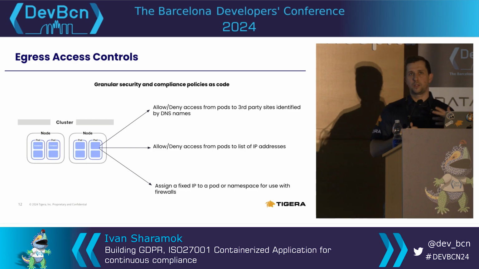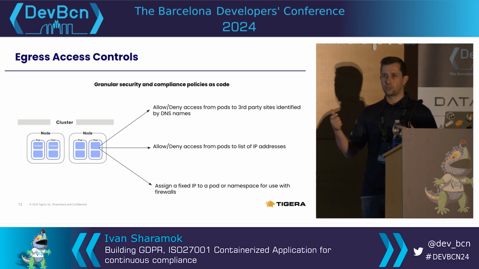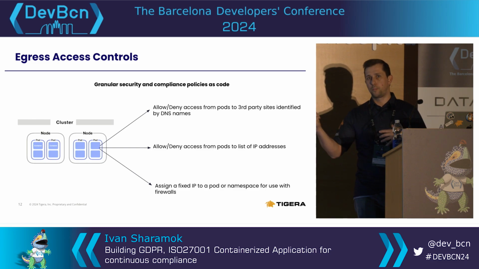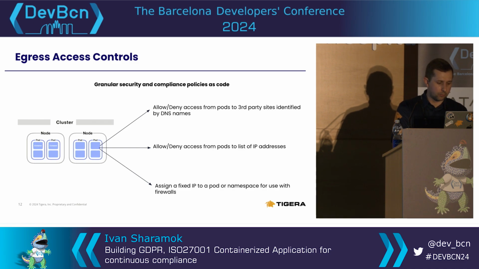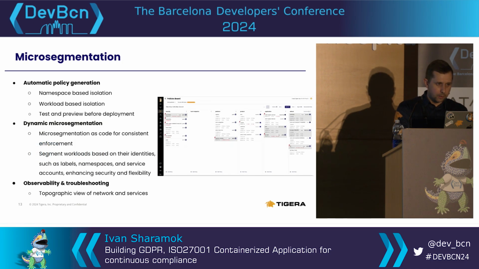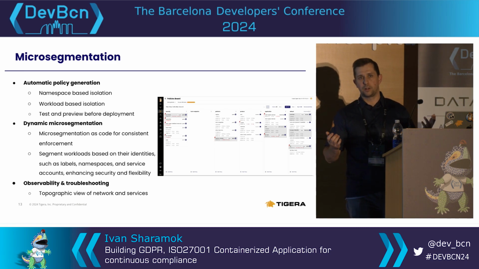And so in that way, you get a stable IP. The pod restarts and changes its IP internally inside of the Kubernetes cluster, but the traffic leaving the Kubernetes cluster still carries the same IP that you define there. It's called an egress gateway. For microsegmentation, the policies are declarative, as pretty much everything else in Kubernetes.